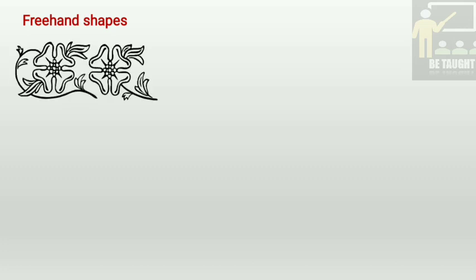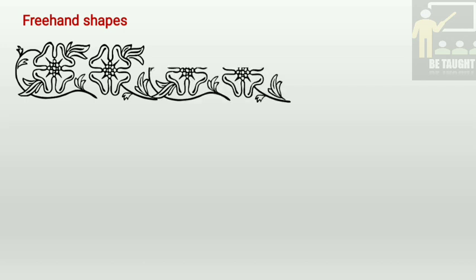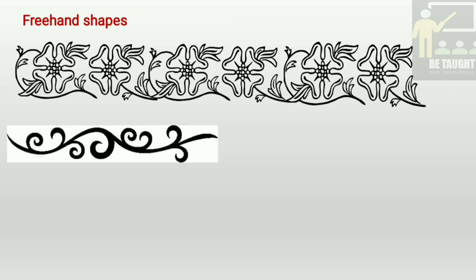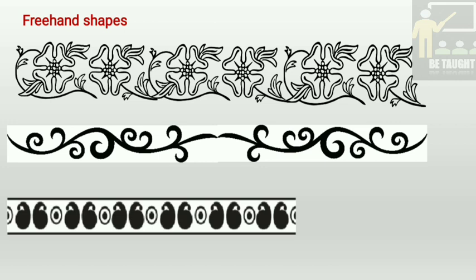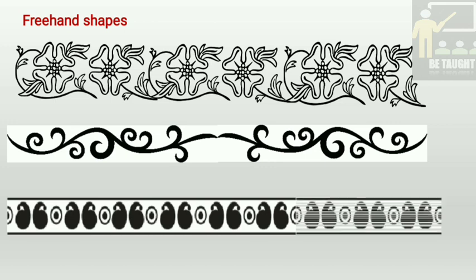Freehand shapes. When a particular design is given to us, which is done in a freehand shape, it will be repeated again in a similar way. Like a flower shape will be repeated with the flowers and the leaves, and the pattern will be completed. Similarly, a design is given over here also, which is a freehand shape, and it will be continued in a similar way. The same way it is given for the last example also, and it has been completed using the same pattern, repeating over and over again.